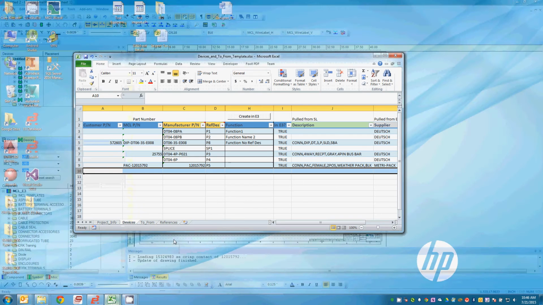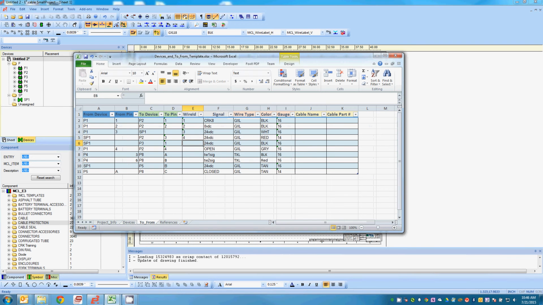I will now go into my to-from table here. Let's see if I can scroll down to that macro that I'll eventually have a button for. I think that was towards the top here. Alright, and if I run this guy,